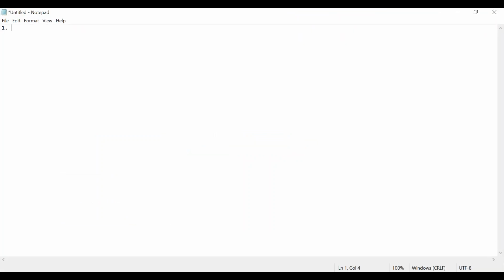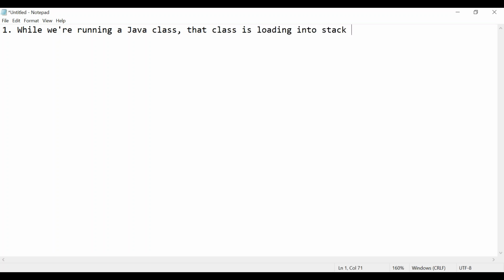While we are running a Java program, or you can say while you are running a Java class, that class is loaded into stack memory. This is the first point we have seen, correct?